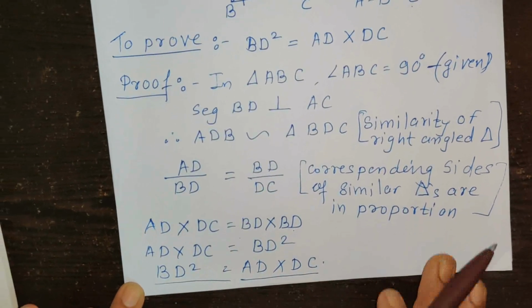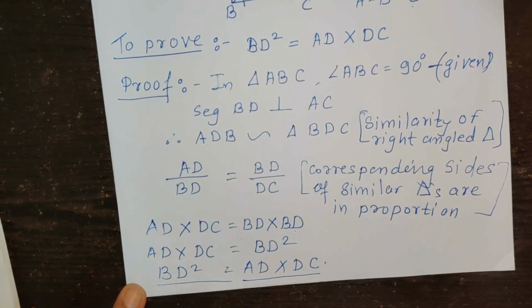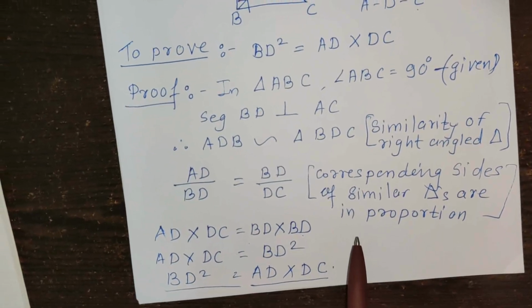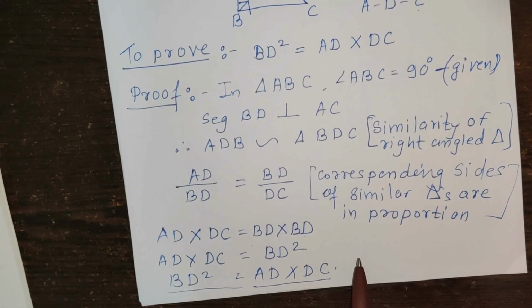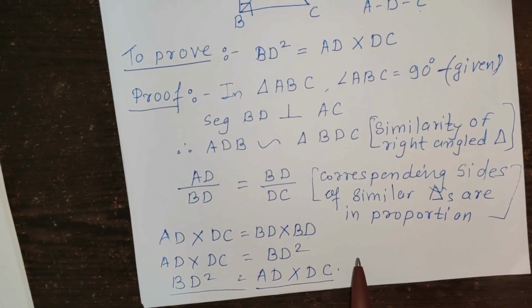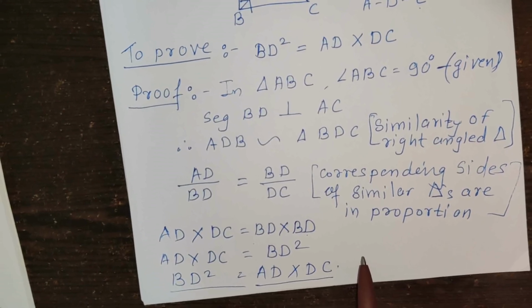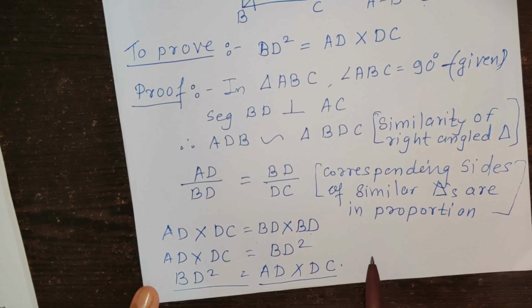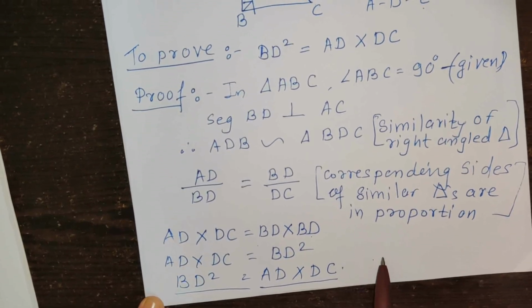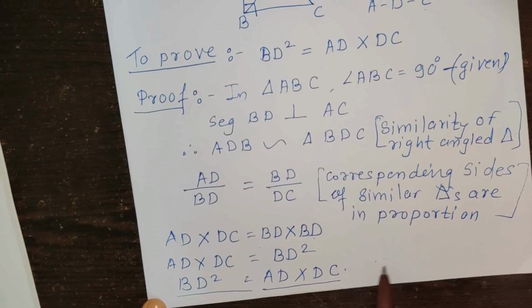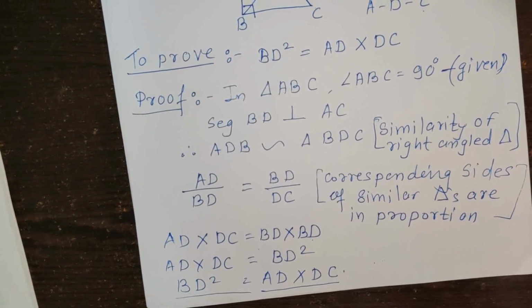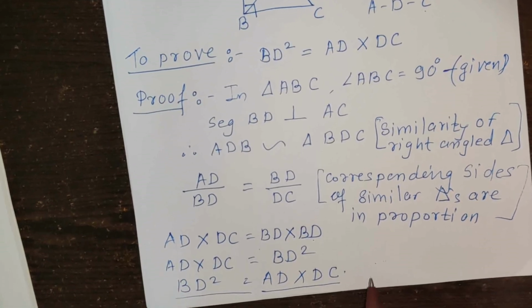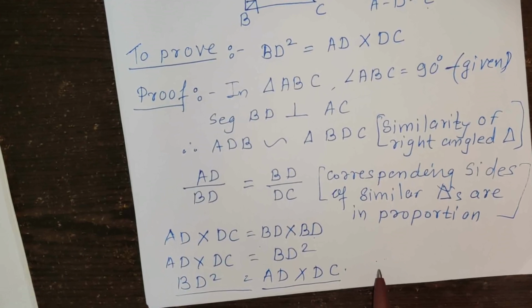This is a simple proof, but this theorem, the geometric mean, is very important in geometry, and also in this Pythagoras theorem lesson and the examples or exercise which you are going to solve. So student, study this theorem and write this complete theorem in your classwork notebook. Also write the previous theorem, that is similarity of right angle triangles. These two theorems you write in the classwork notebook and study carefully.